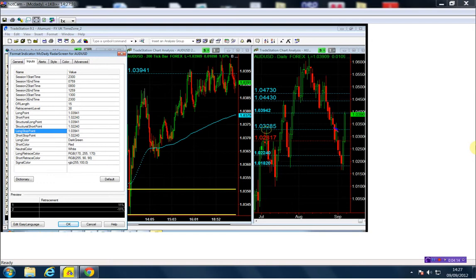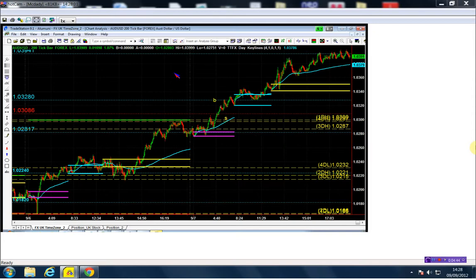On the short side, I will pinpoint a short entry in a minute, but that is my short structure point, which is the 103. That's my short structure point. Now let's see where I'm going to sell this. Honestly speaking, guys, I would not sell it unless it comes. I know it is far away. It's 90 pips away from